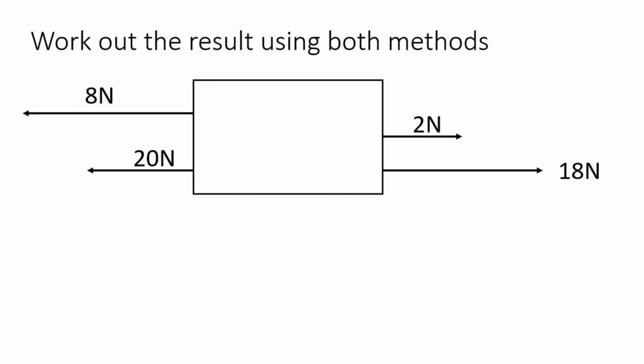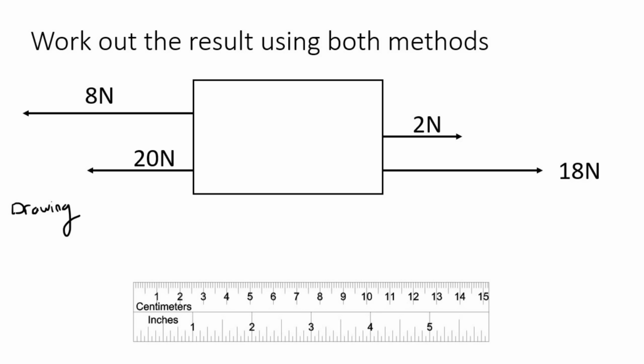Here's our last example. So we're going to use the 2 methods once again. Let's start with the drawing. What we should observe is that these numbers are too big for this ruler. Now your ruler might be bigger, so then you would be fine. You could just say 1 centimeter is 1 Newton. But because my ruler is a little bit smaller, my scale will be like this. You and your friends can choose different scales, but your final answer will be the same. That's the awesome part. So I'm going to say that 1 centimeter is the same as 2 newtons,